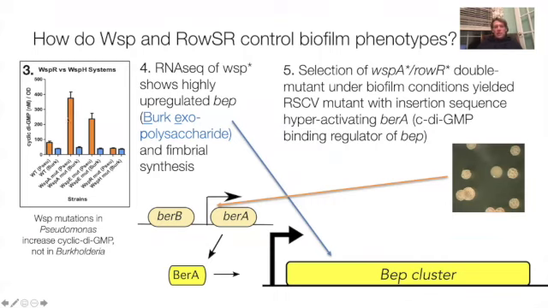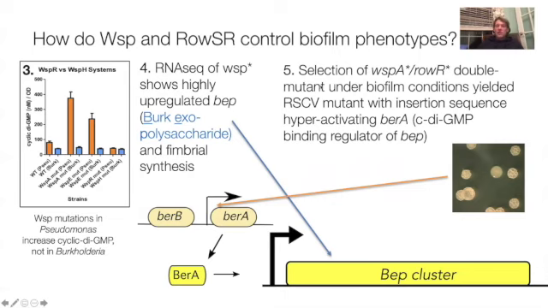First, we established that the identical WISP mutations that increase cyclic diGMP in Pseudomonas do not, in fact, increase cyclic diGMP in Burkholderia. We then conducted RNA-seq of WISP mutants to find out what they were activating, and we found that they somehow were activating genes involved in the synthesis of the Burkholderia exopolysaccharide cluster, or BEP, as well as genes involved in